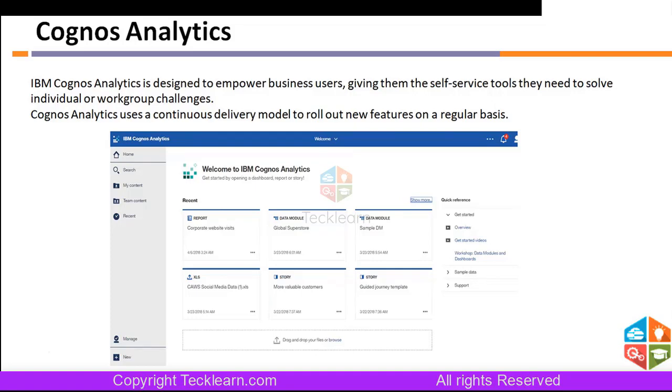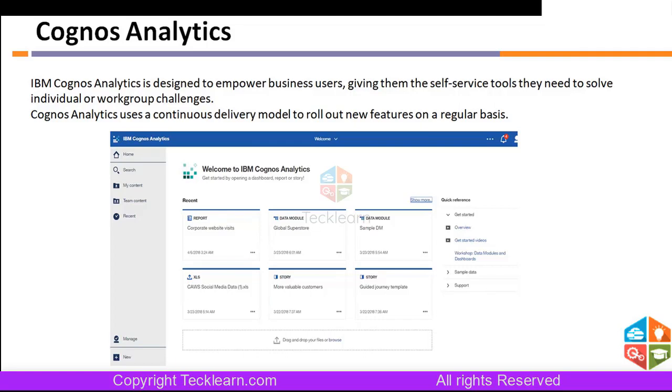We know how we used to create reports in Cognos BI. We had Framework Manager, a metadata tool. First you would create your data source connection, then bring the data into Framework Manager, create a package, publish your package, and only then create your reports. But Cognos Analytics is more of self-service BI. We can say it is a kind of upgrade, but not completely. Still, most of the customers prefer to use BI, and most of the customers prefer to use Cognos Analytics.